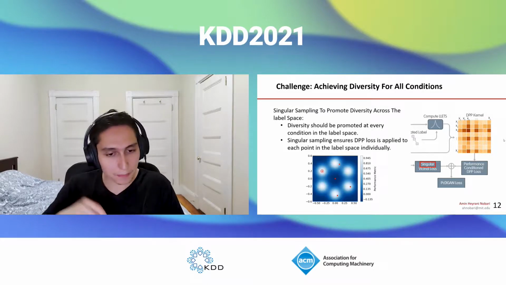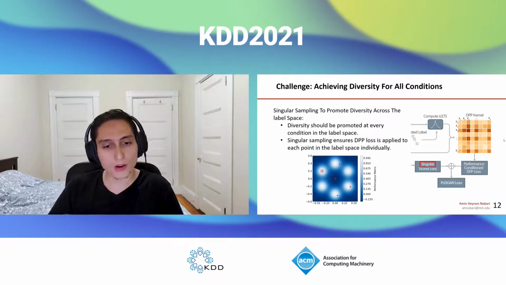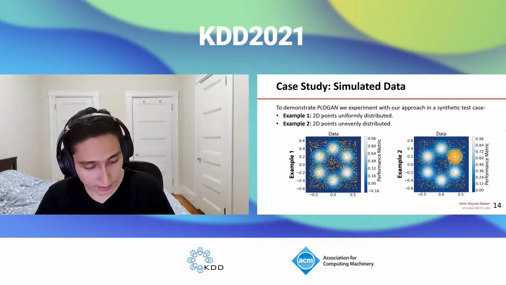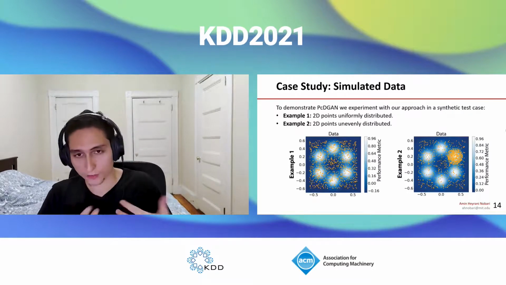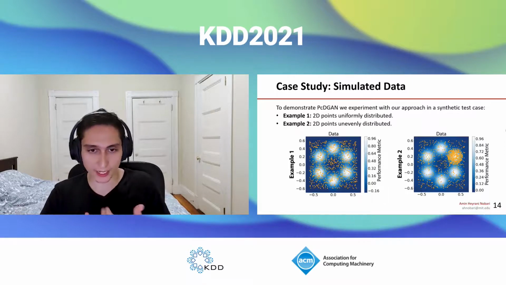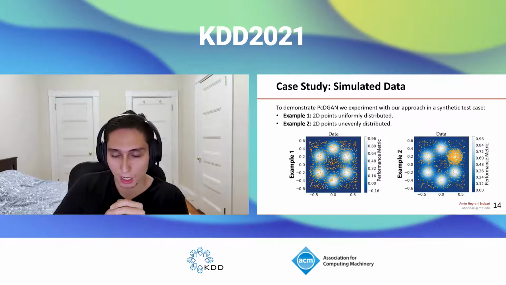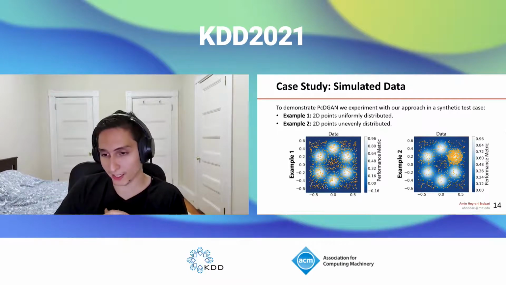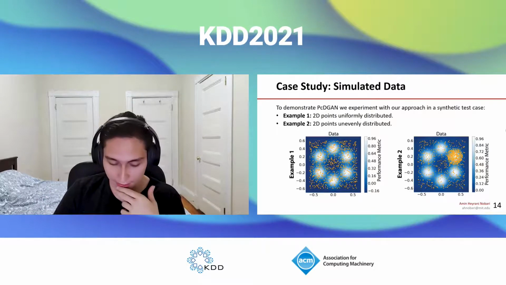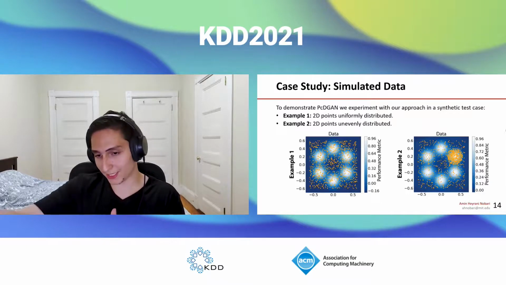But by sampling singularly, only sampling one condition at every batch during training, we ensure this kind of collapse cannot happen. So finally, we test our method using a few case studies. The first case study is a simulated case where we artificially generate this kind of data, one uniformly distributed, which is a very typical case, and the other one an imbalanced data, basically testing how diverse the samples generated by the model are going to be, and how well it's going to cover the design space, basically challenging diversity